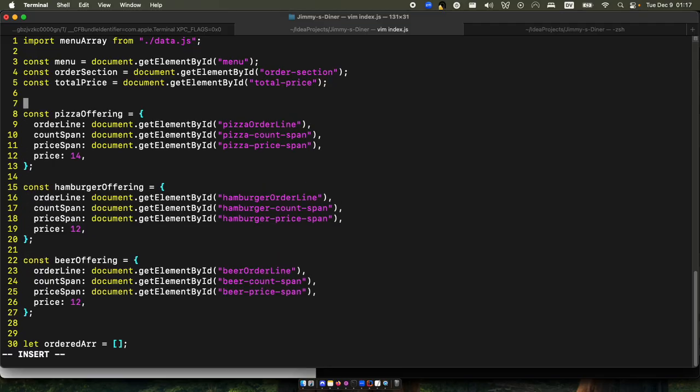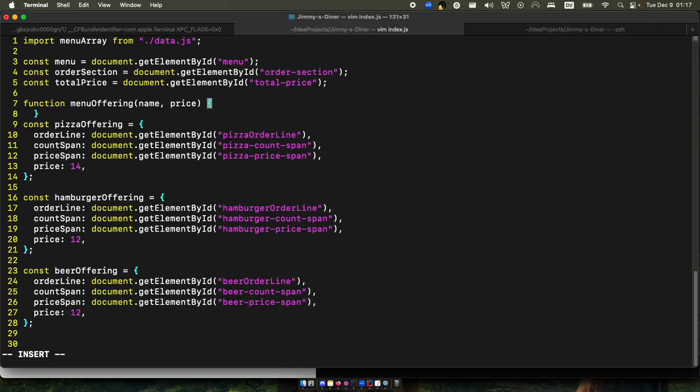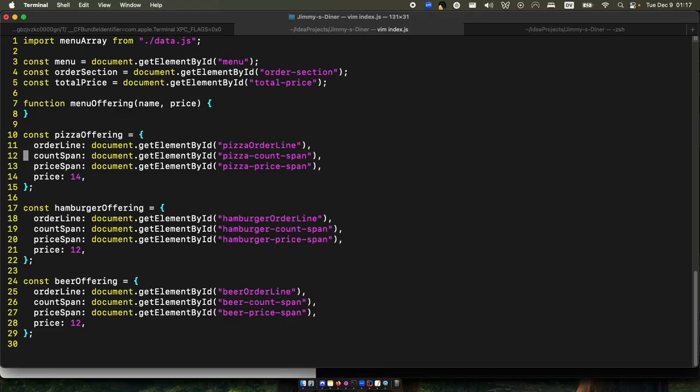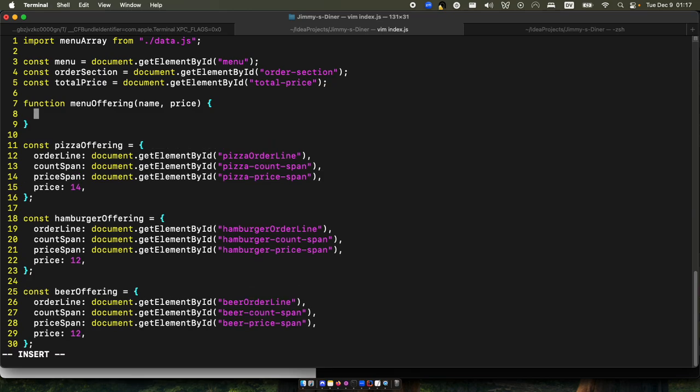What we are gonna do is we're gonna have a function. Yeah, menu offering. And what this is going to have is it's going to have a name and it's going to have a price. Because as it turns out, and this is the pattern, right? Anytime you see similar code, what you do is you pick out the things that are different between them, and those are your function parameters. So this is different and the price is different. That's two parameters. Two parameters usually makes a great function. So what we can do is grab this,